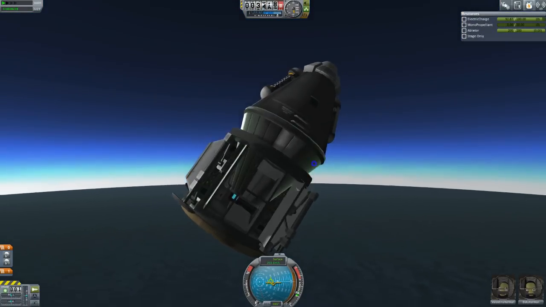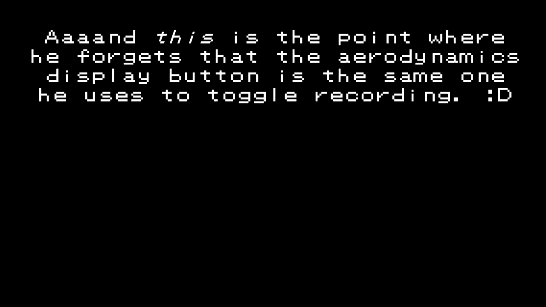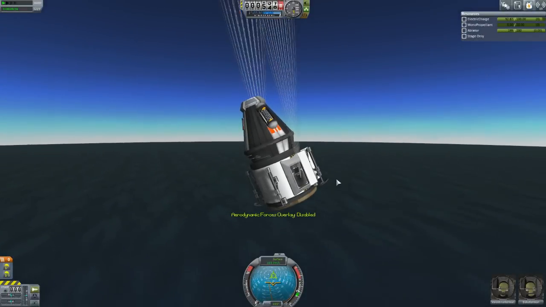So if I turn off stability, the aerodynamics will naturally take over. And just by hitting F12, you can see the aerodynamic forces affecting your craft. That's very useful for planes as well, because you can see what your various lifting surfaces are doing. So, final stage, get the parachutes and